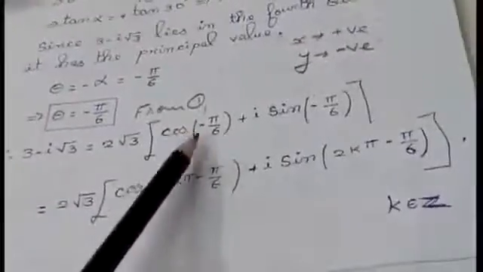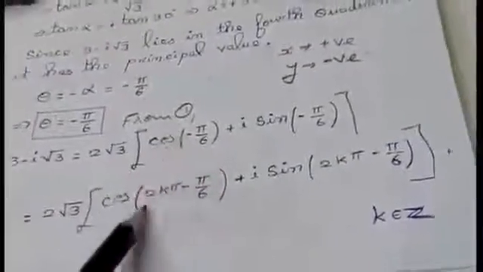For your understanding, I am writing like this, students. From 1, I am just replacing the value: 3 minus i root 3 is equal to r cos theta. Instead of r and theta, I am replacing the values. But that is not the final answer. To get the required polar form, you must add 2k pi in the angle. That completes the sum in polar form.